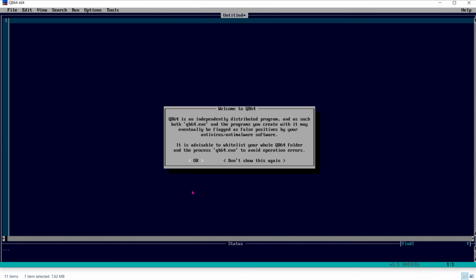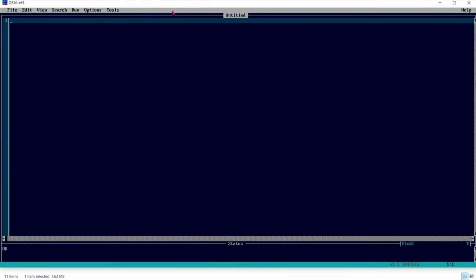So far we have understood what QBasic is and how we can download and install it. Now we will learn what the QBasic window components are. There are 7 parts. First is the title bar, and this is the menu bar, and this is the program name.